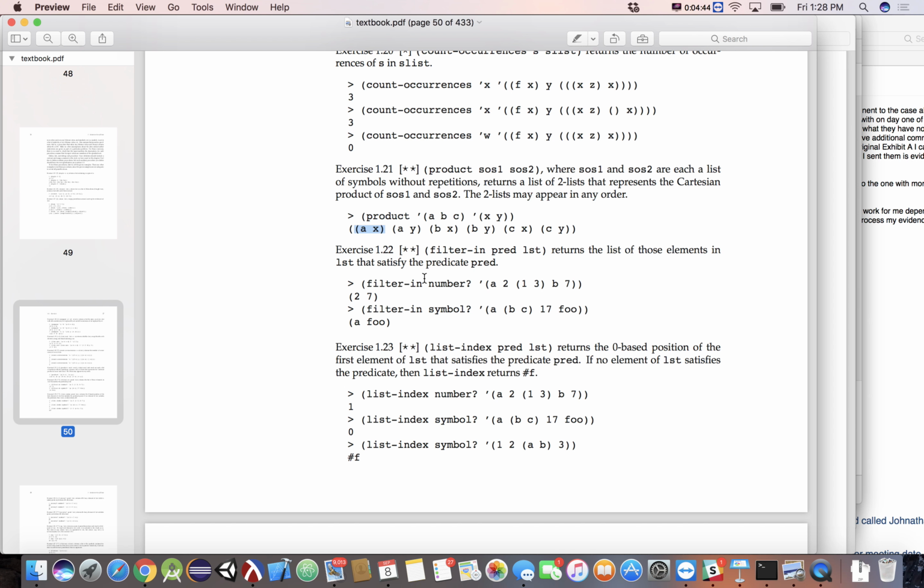So, break this down into small pieces. Let's say that we have a single symbol and a list. And I want to turn that single symbol and that list into a list of that single symbol with all the elements in it. So for instance, forget about this first thing being a list. Let's just say I have an A. And I want this A, when applied to that guy, X and Y, to give me the list AX and the list AY. So we're going to solve the simple problem first.